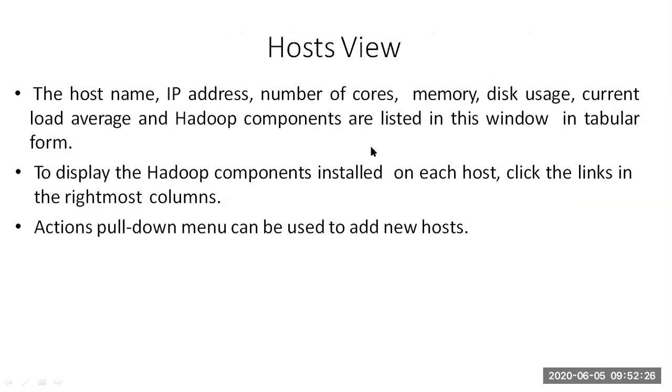And the third view is the host view. The host view shows where the application is hosted, where it was initialized to execute its task. You can get the host name, host IP address, number of cores, memory, disk usage, what the current load is, and how to balance it. All this can be seen visually. All the views we are talking about are a graphical visualization which you can see on your screen. By seeing that, you can analyze what is happening in it.